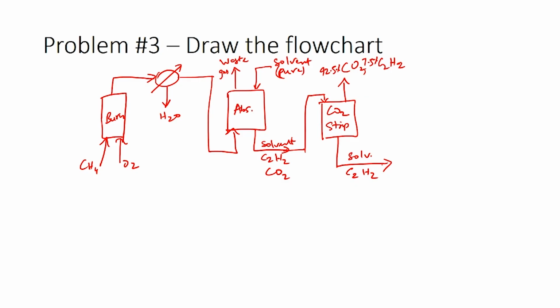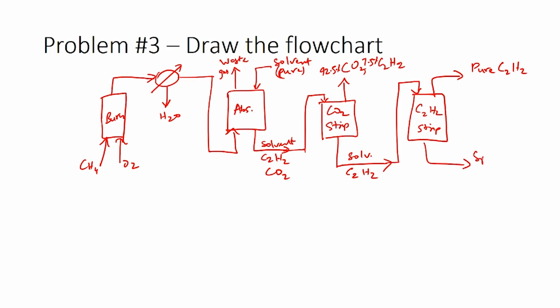So, now you have a solvent which carries the acetylene, and this is then sent to an acetylene stripper, C2H2 stripper, where pure acetylene is collected as the product. Obviously there will be spent solvent which is leaving the system. So, this would be the flow chart, and based on the information given we have to assume that the gases